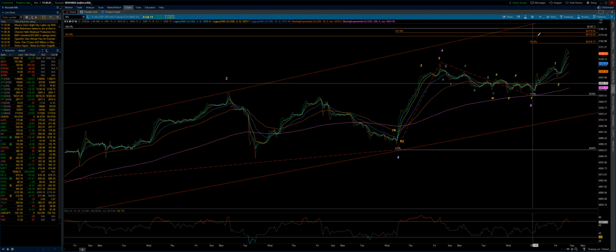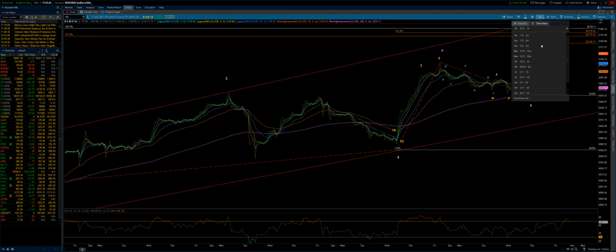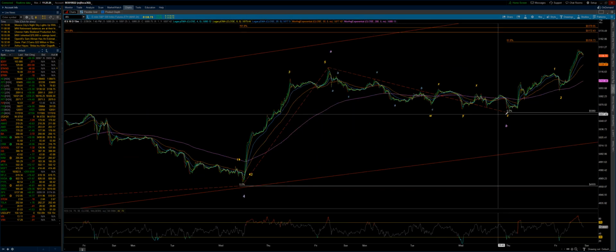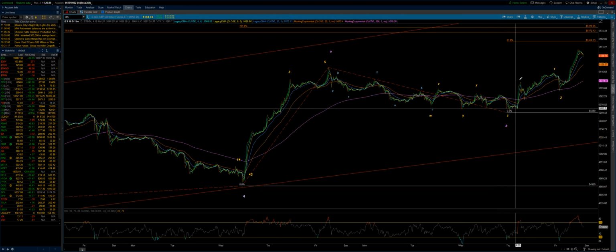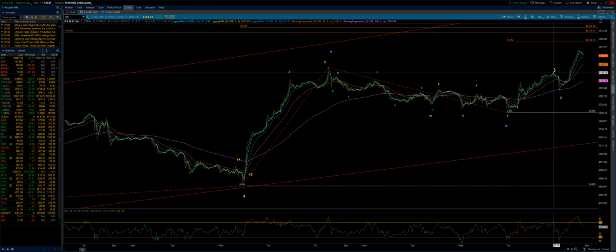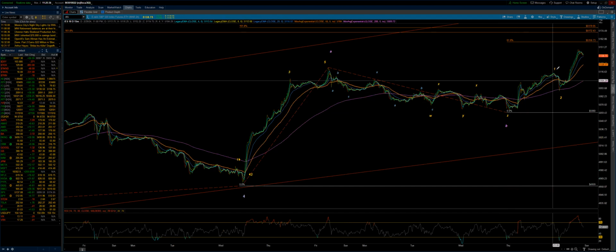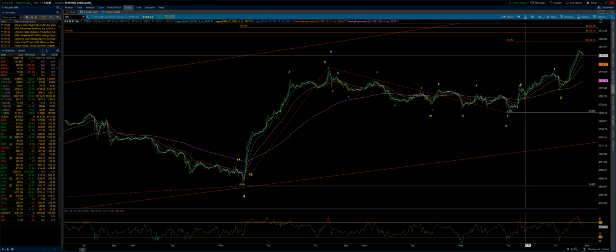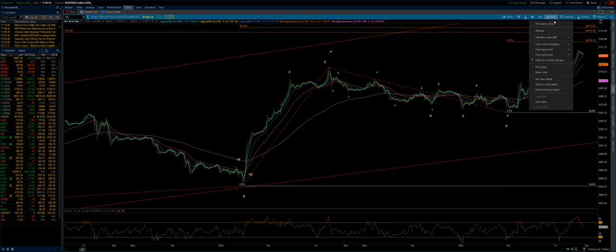It's hard to see on this chart. Let me see if I can bring it down and put it here, and it becomes just a little bit cleaner. So we could have 1, 2, 3, 4, 5. So it comes out to be 5 waves up for wave 1, and what we've done is not necessarily taken all of the